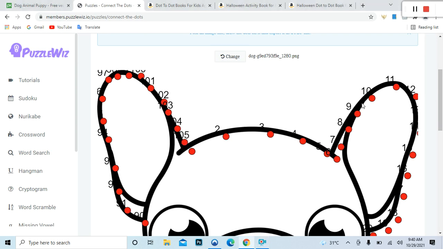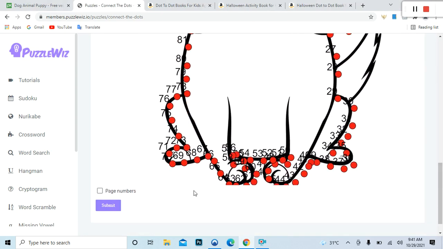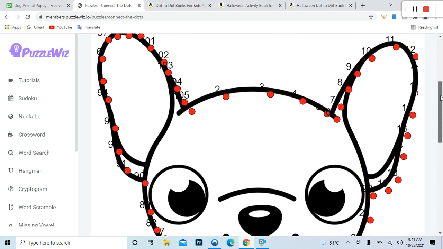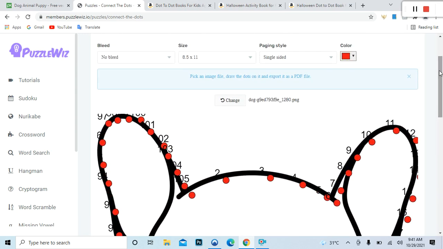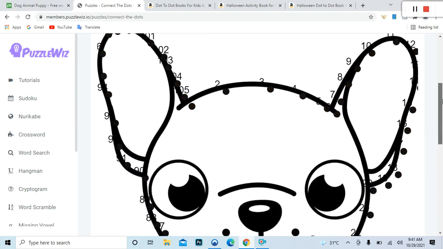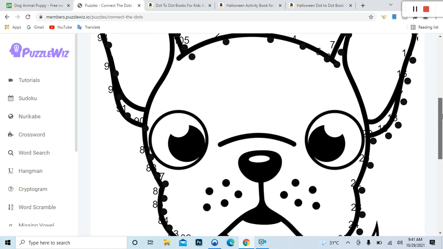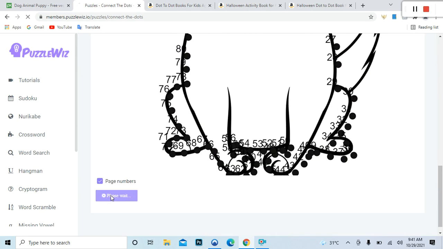Alright, and so that's the last one. When you're finished here, I did my best, I honestly did. You want to have the pages numbered. Okay, now we finish highlighting the document or the animal that you've chosen, you're going to come back and change the color back to black, just to ensure that when it's exported you can see black and not red. Alright, so after you finish that, you click on submit,